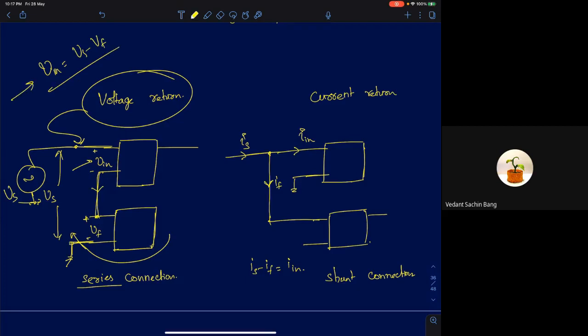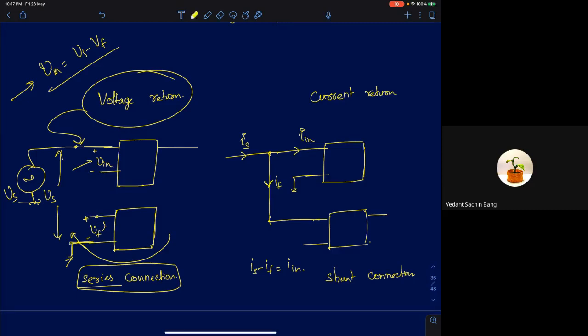We already discussed that because we are connecting it in series, the same current will flow through both the ports. So if I want to return voltage back, the connection has to be a series connection. It cannot be shunt, because then I'll be violating Kirchhoff's voltage law.